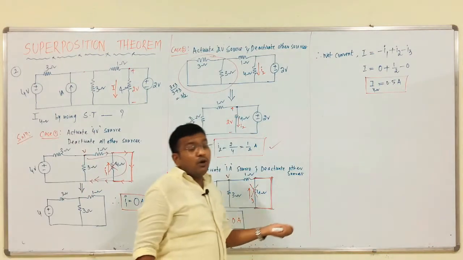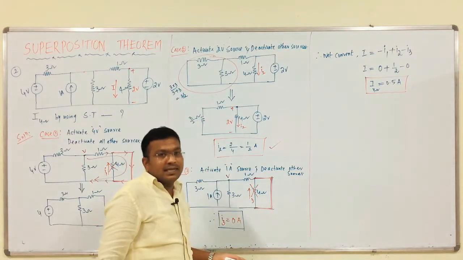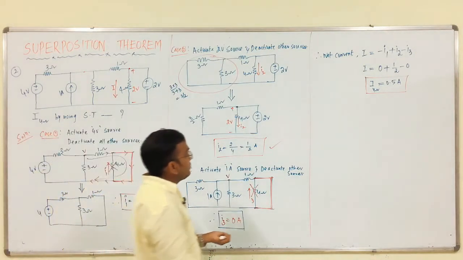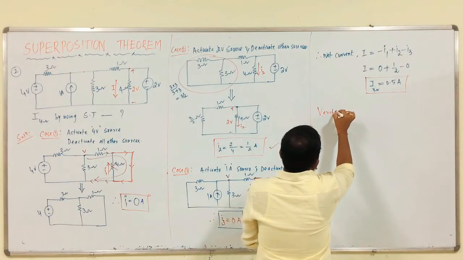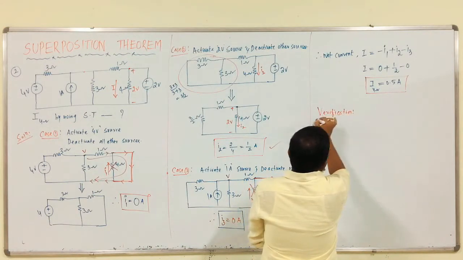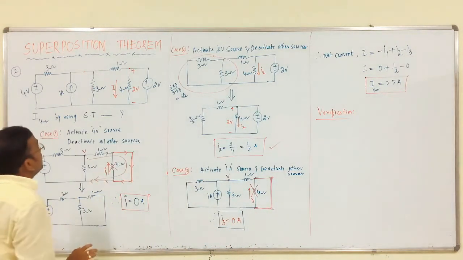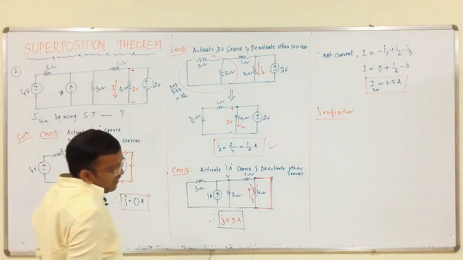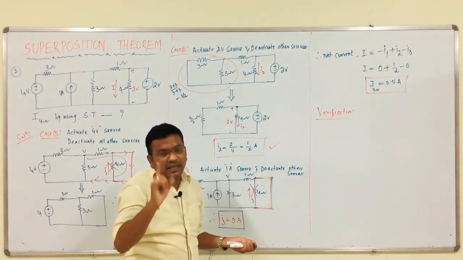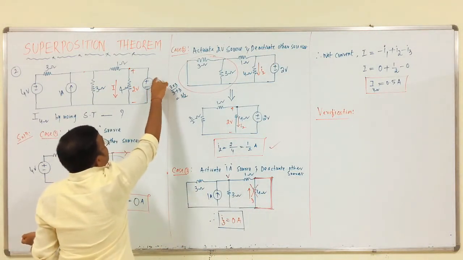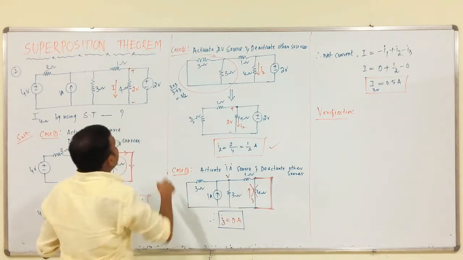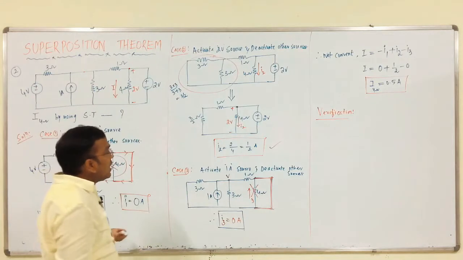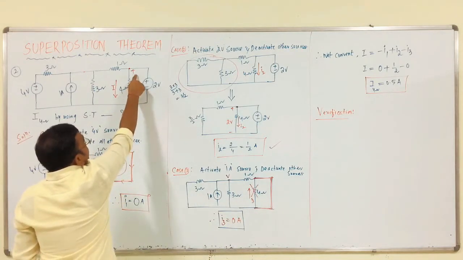Problem is over. Now, we have to verify this answer. So, we got 0.5 amperes as the main current through this 4 ohm branch. Verification. Then see the circuit. This is the voltage across this 4 ohm branch. This is one node, but there is no need of solving the entire circuit. See, this 2 volts is present across this 4 ohm branch, but we need the current through this branch. So, we have a voltage value, we have a resistance value. Therefore, the current through this 4 ohm branch is nothing but what? 2 by 4.